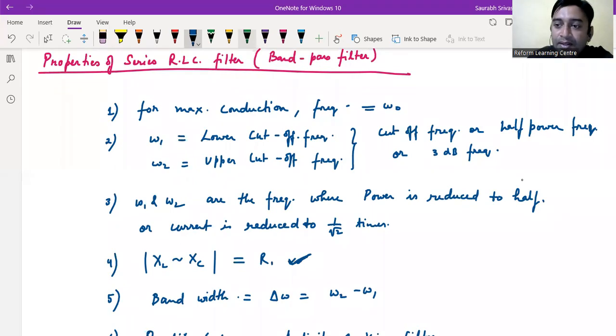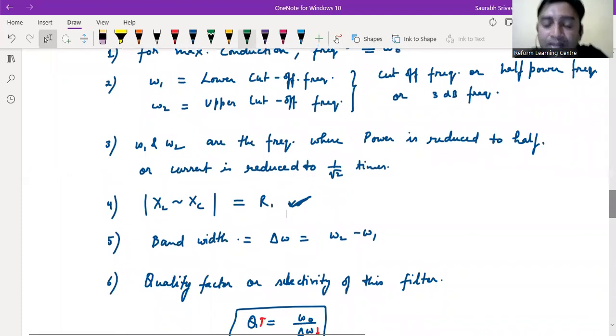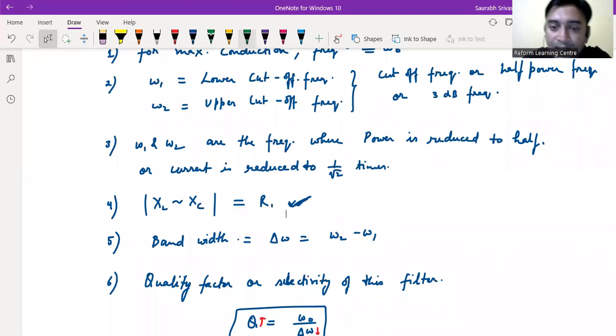क्लियर? तो ये एक बैंड पास फिल्टर है। इस बैंड पास फिल्टर की इतनी प्रॉपर्टीज हम डिफाइन कर सकते हैं। उसका सीरीज आरएलसी सर्किट एक बैंड पास फिल्टर की तरह काम करता है, एंड इट हैज रेजोनेंट फ्रीक्वेंसी, द पॉइंट फॉर मैक्सिमम कंडक्शन, देन उसका कट ऑफ फ्रीक्वेंसीज क्या होती है, देन उसका बैंडविड्थ क्या होता है, देन उसका सिलेक्टिविटी और क्वालिटी फैक्टर क्या होता है। वी कैन डिफाइन विद दीज रिलेशंस।